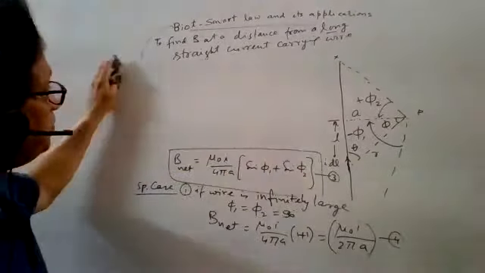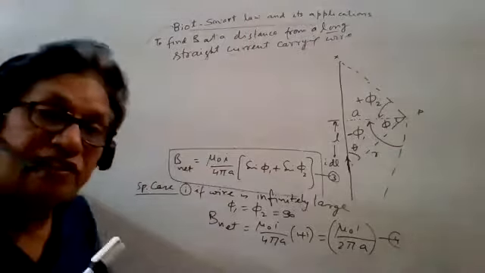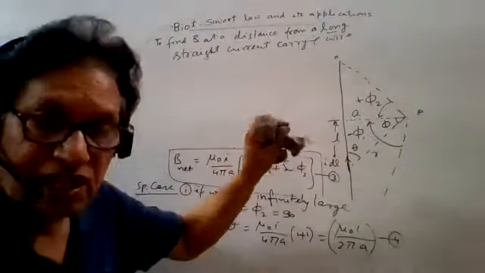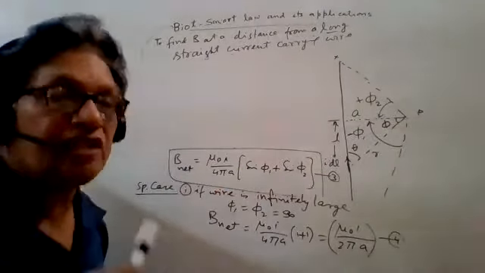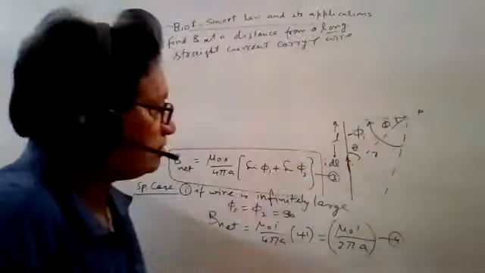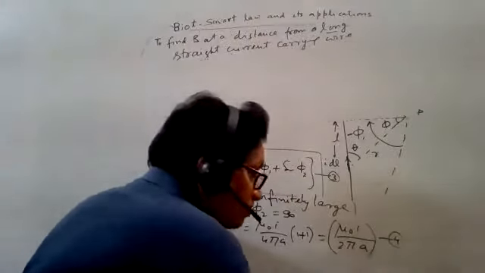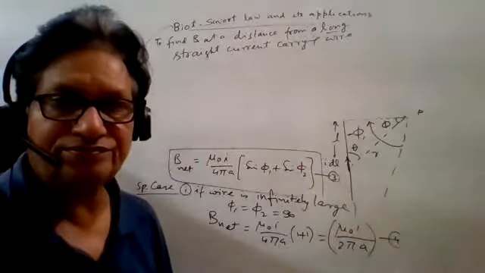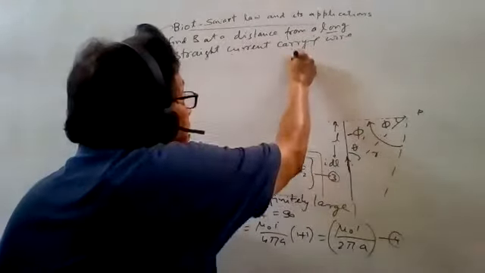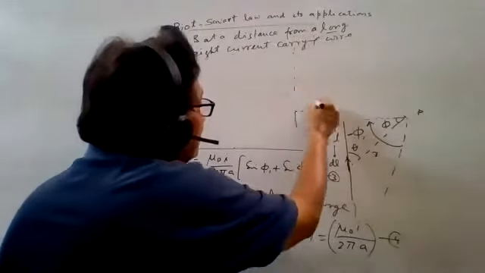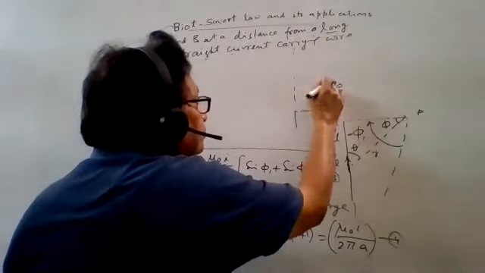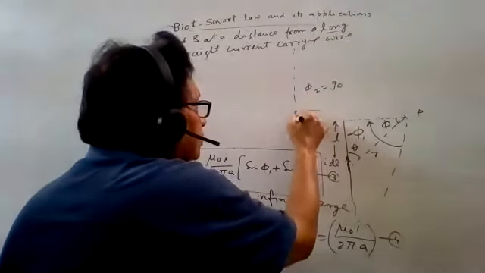In the same formula, if I am taking, say, a finite wire, then this is the formula. Finite means its length is known. Suppose it is semi-infinite, a very confusing word here. Semi-infinite means what? A very long wire on the lower side and up to this point. So phi 1 is what? 90. Phi 2 will be 0. If I am taking this case, from here it is very large, so phi 2 is here 90 degrees. And phi 1 here is 0.